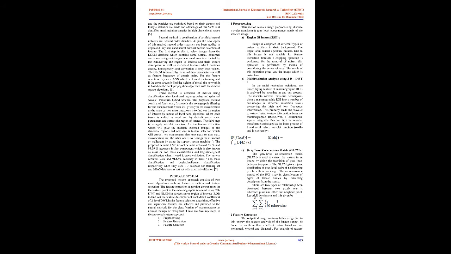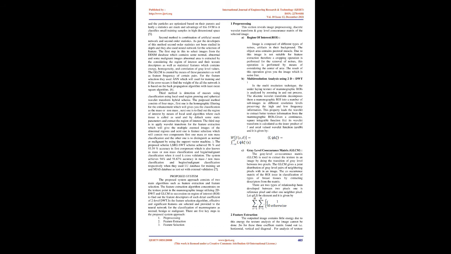The third step is to apply wavelet transform for feature extraction, which gives multiple zoomed images of the abnormal regions. The next is feature selection, which consists of 2 components. The first is mass or non-mass classification, and the other is to distinguish normal or malignant using a support vector machine. The proposed LSRGSWT scheme achieved 96% and